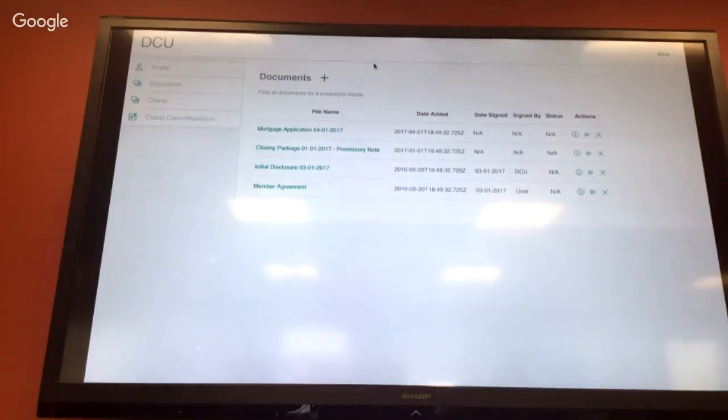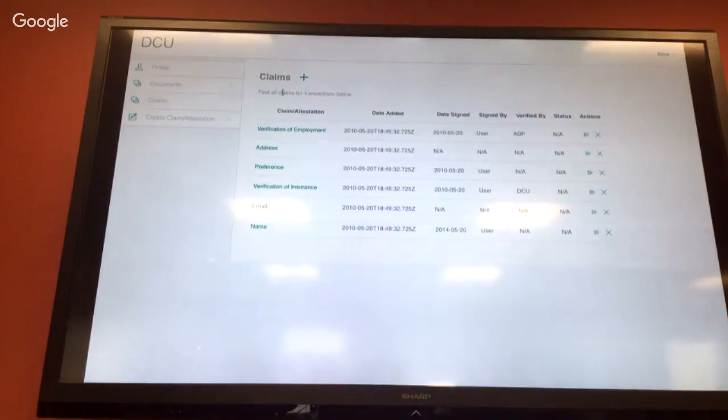Now, for the claim section, if you go to the claim section, you see the same thing. One new thing that we've added here is a verified by column. So for example, for verification of insurance, we have the date that it was added, who signed it. So in this case, Alice, our user, signed it. And we see here that it was verified by DCU. If we were to click on any one of these, we'd be taken to an individual claim section where we'd be able to see